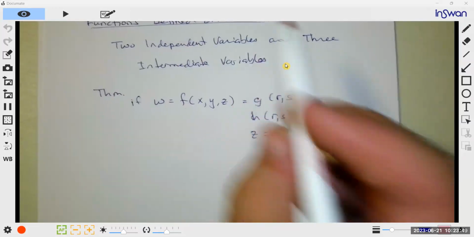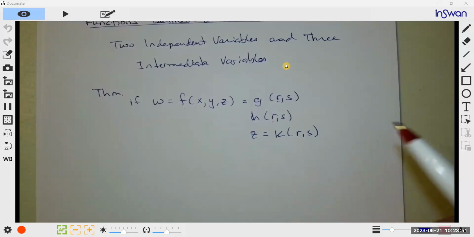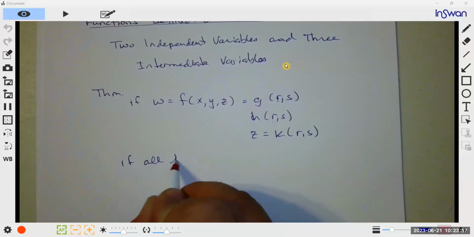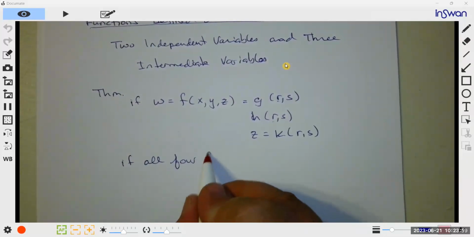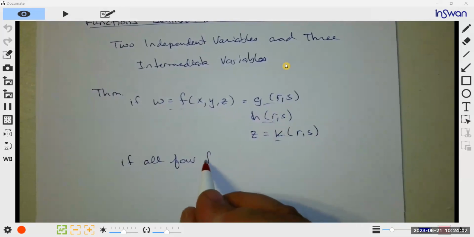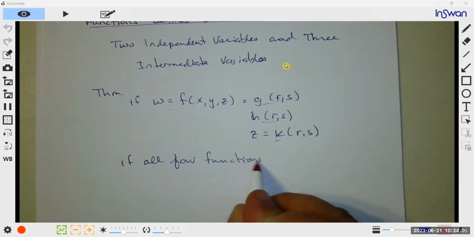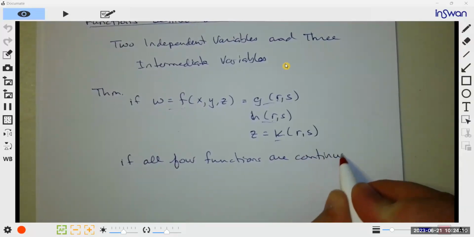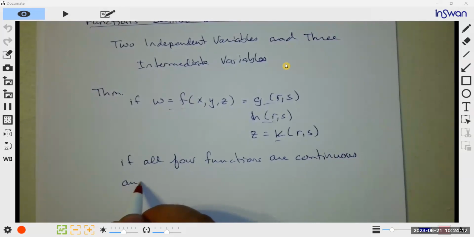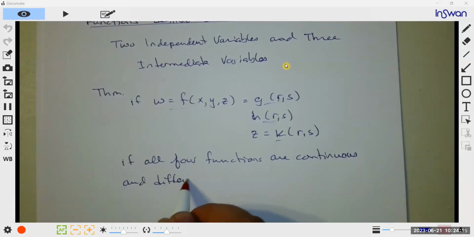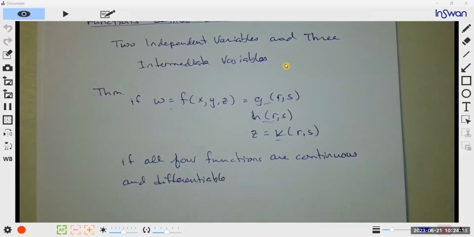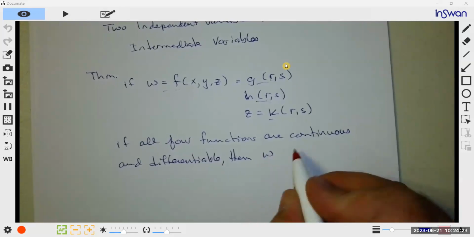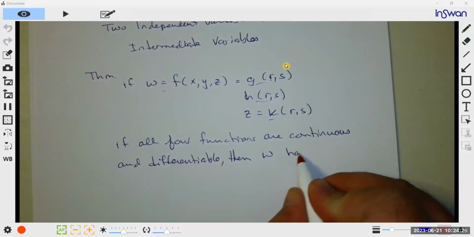Remember, we're talking about surfaces, so each surface has to have 2 dimensions. If all 4 of these functions are continuous and differentiable,